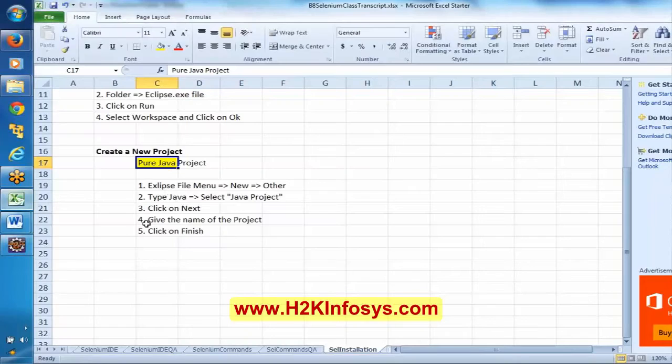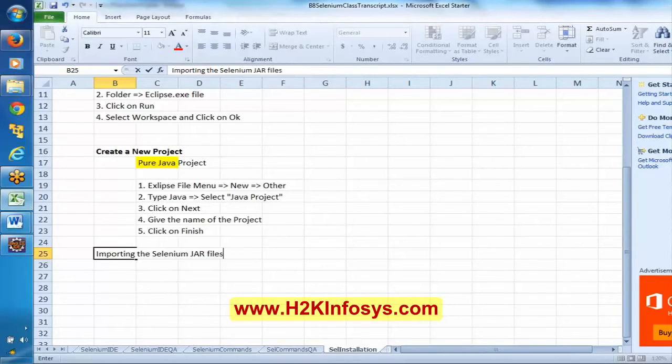Technically we call it importing the Selenium jar files.